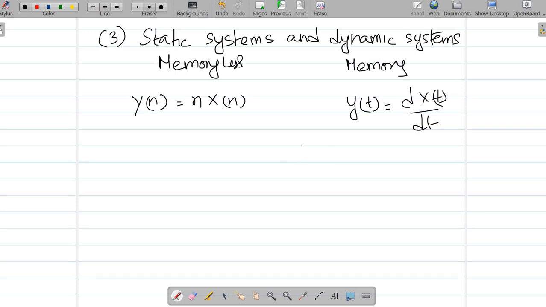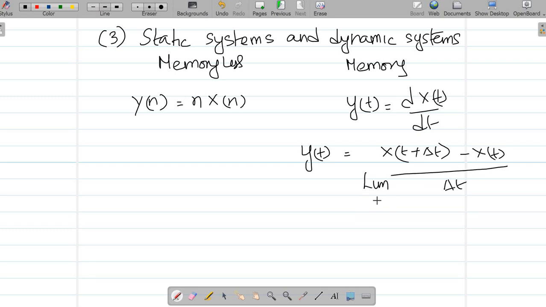Mathematically we can represent it as x of t plus some small increment, which is the future value of the input, minus x of t, the present value of the input, divided by delta t, with the limit delta t tending to 0. Now this is the definition of d over dt of x of t. You can very well see that y of t is dependent on the future value of the input. When y of t is dependent on the future value of the input, such a system is known as